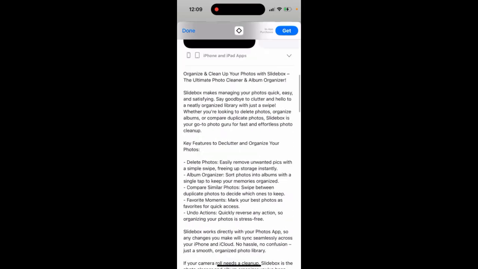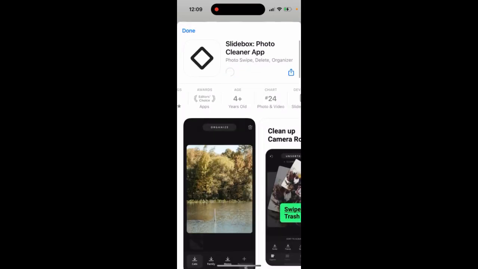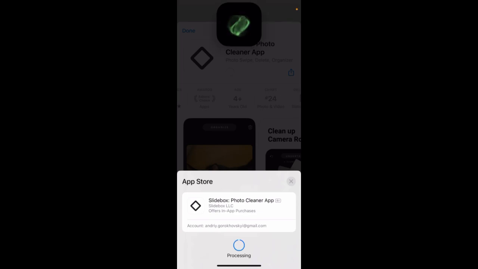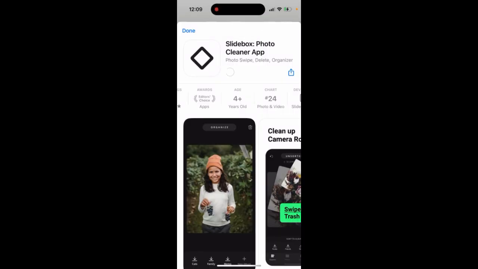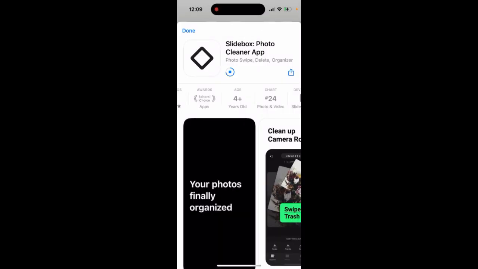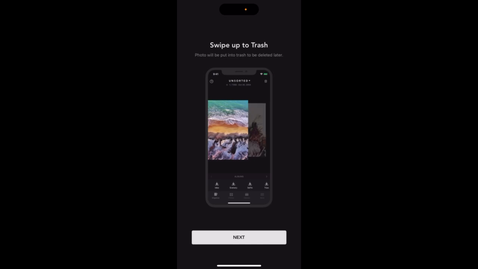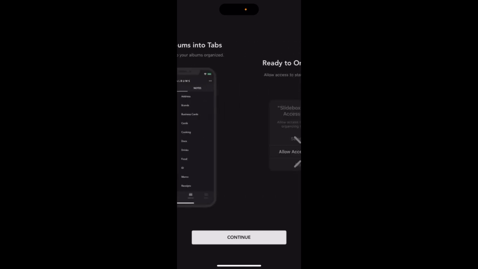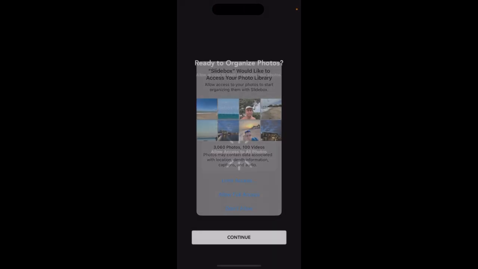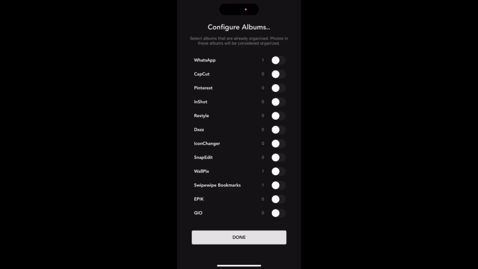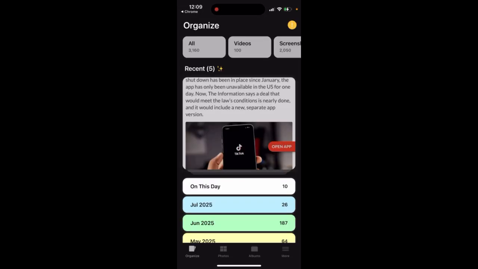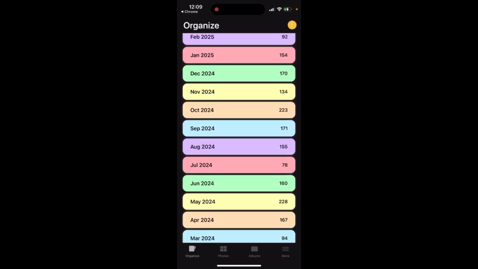So yeah, that's the idea. As you can see, that's quite high in the charts, and there are like hundreds of apps like this, but this seems to be quite a good app. And then you can just open it up. And you can just allow access, and then as you can see